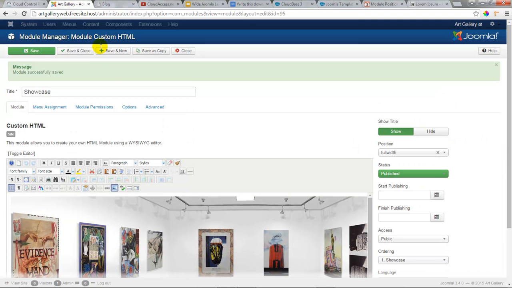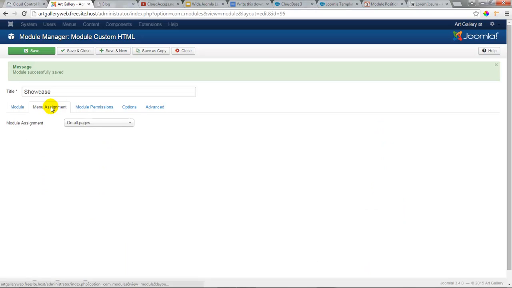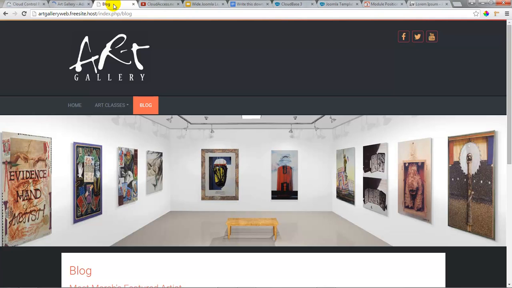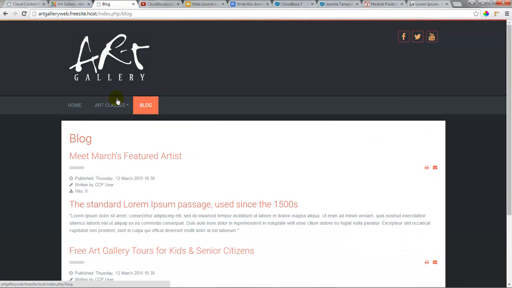So returning to the module, I'll go to Menu Assignment. Right now it's set to all pages. I'll select only the pages selected, and here are the 2 menus I have. Here's my main menu and my user menu. We haven't talked about that user menu much yet, and we'll get to it a little bit later, but here's my main menu. I want to clear all and then select just the home page and save. So now if I return to that blog page and refresh, the banner disappears from here, but it's still on